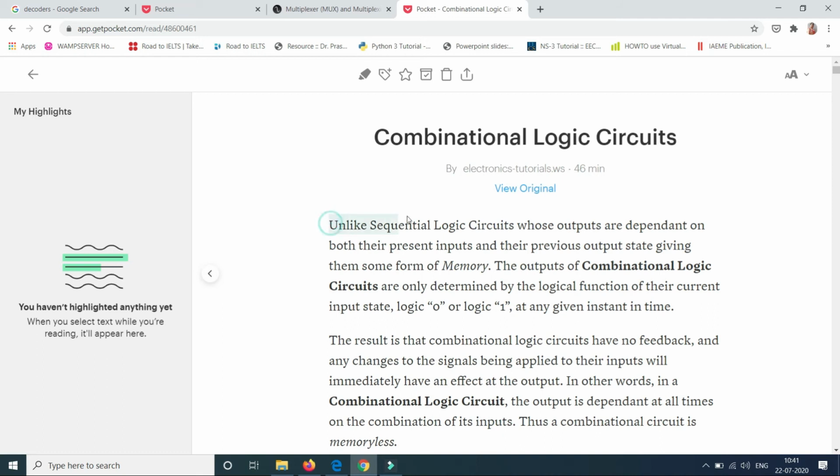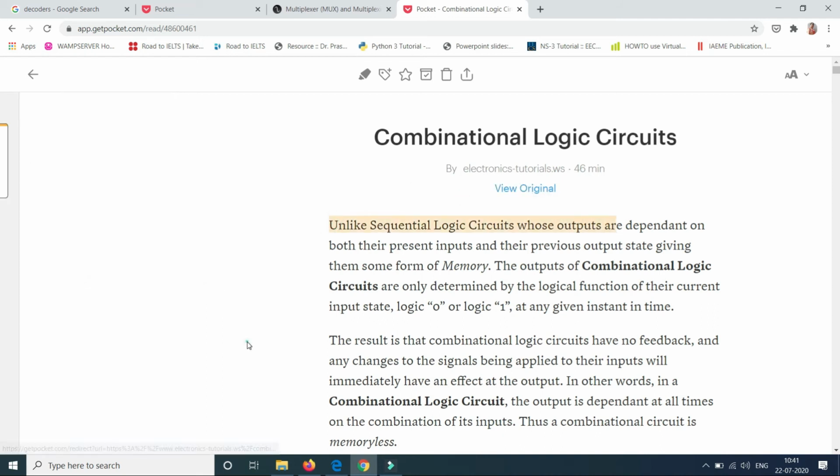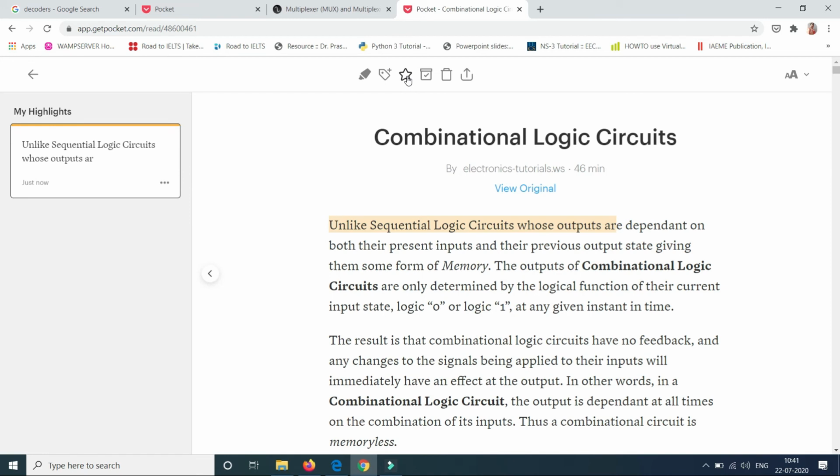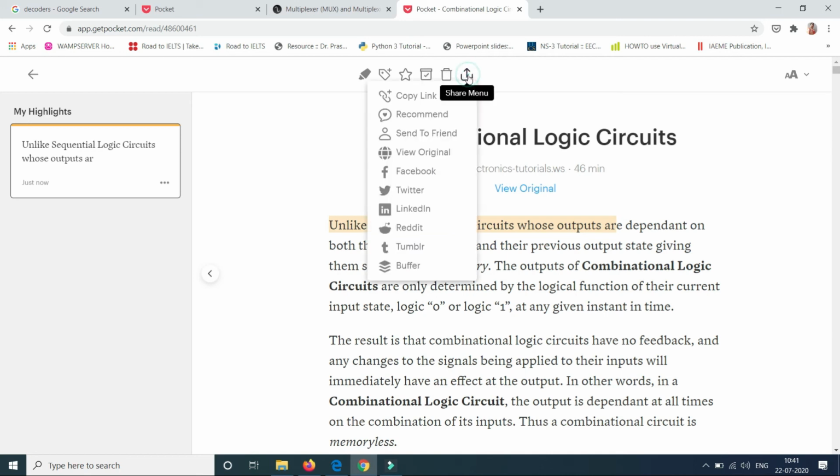Suppose I have to highlight this content, I will highlight it. I can tag it, I can make it a favorite, I can archive it, or I can delete it, or I can share it with someone, your students or your friends.